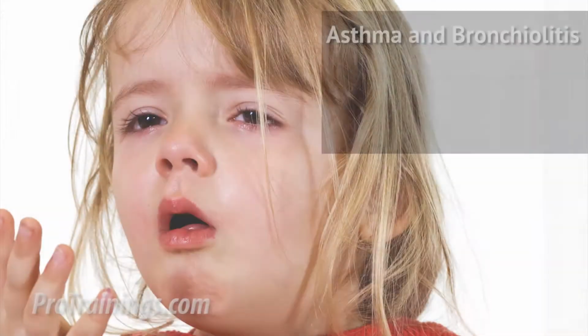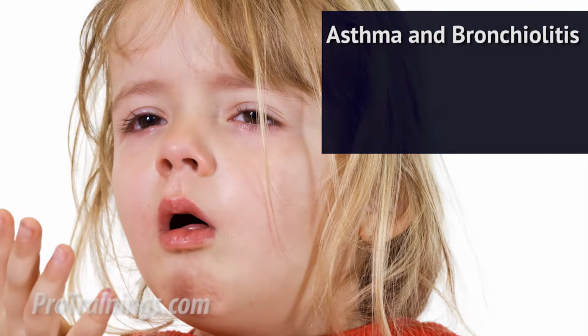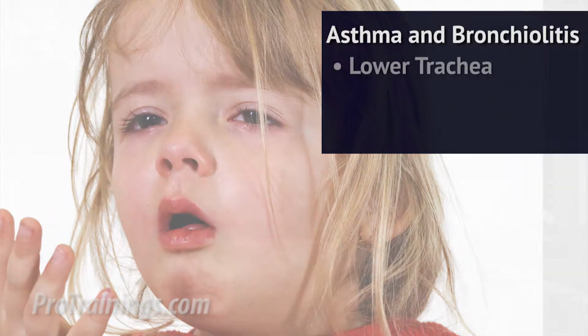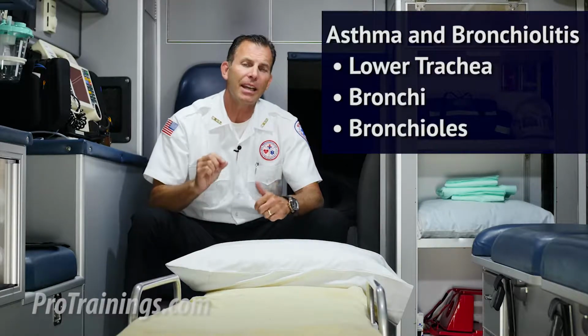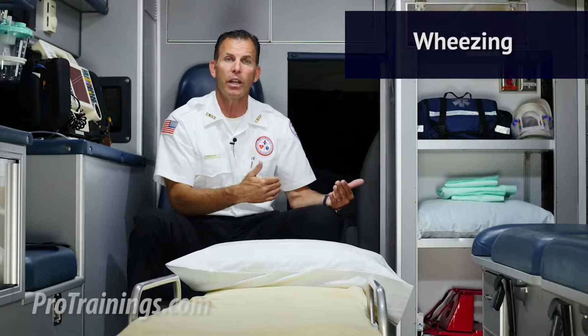Now in this case, we're going to talk about respiratory distress as it affects the lower airway. And conditions such as asthma and bronchiolitis cause an obstruction of the lower airway: in the lower trachea, the bronchi, or the bronchioles. Now, in contrast to upper airway obstructions, lower airway obstructions are typically more apparent during the expiratory phase of the respiration cycle. Wheezing, most commonly, is on expiration, and a prolonged expiration that takes more effort